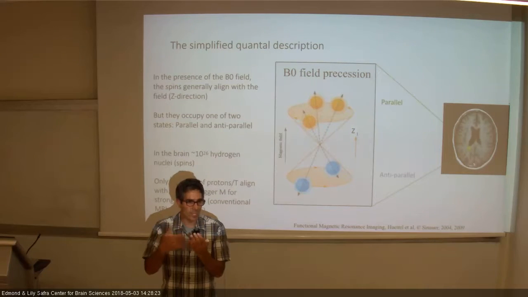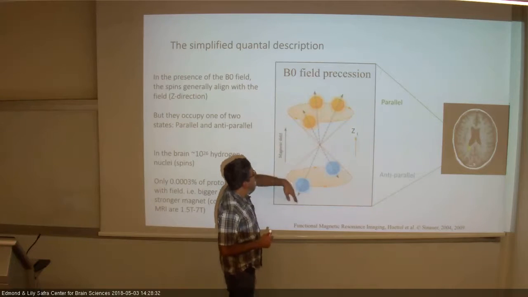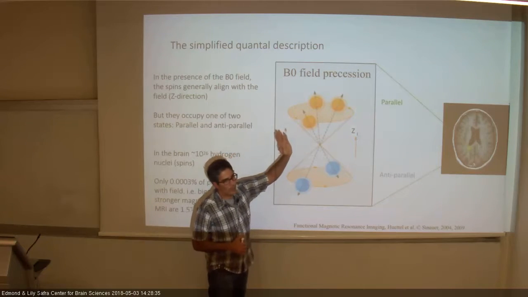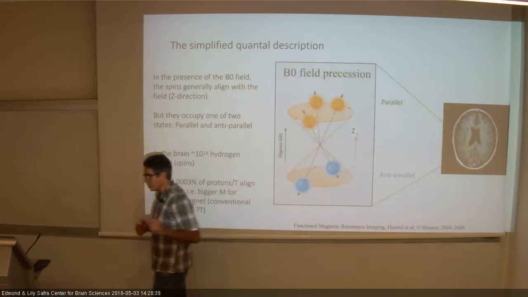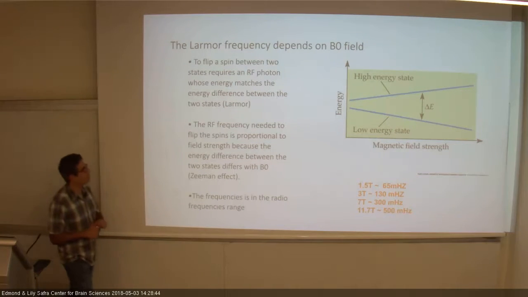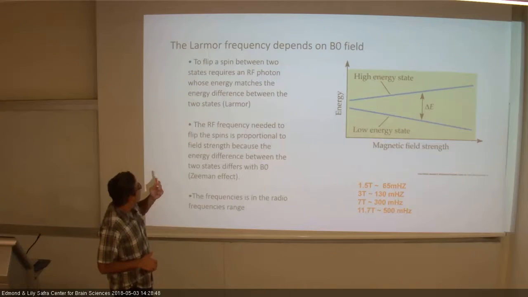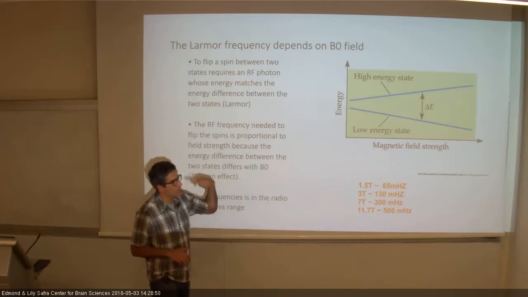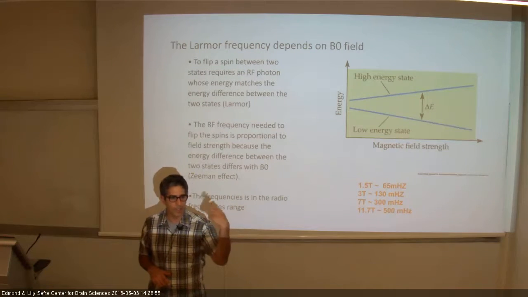And while we're doing that, we'll be able to measure the signal, and that will be our signal. That will be the phenomenon that we're going to measure. Okay? For now, there are two levels of energy, and there will be more protons in one orientation versus the other, and we're going to perturb that and see what happens after. That's the basic thought. These two levels of energy are sometimes also called the Larmor frequency, and it has to do with the frequency at which this vector is actually